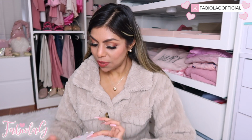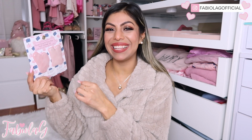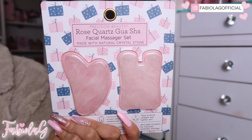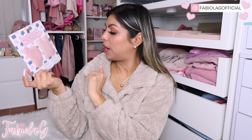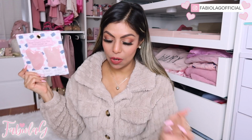And then I also picked up this super popular, I think it's called Gua Sha. I think that's how you say it, but it's a rose quartz Gua Sha face massager set. So it comes with two. It comes with the original heart-shaped one, and then this one here that you can use to contour and also help produce collagen and tighten the skin, which I kind of need. But I am very excited to try these out. I've heard a lot of good things about them, so I had to pick that up from